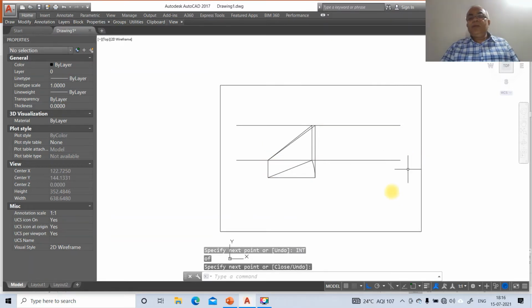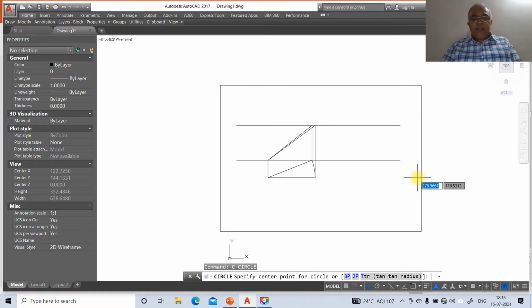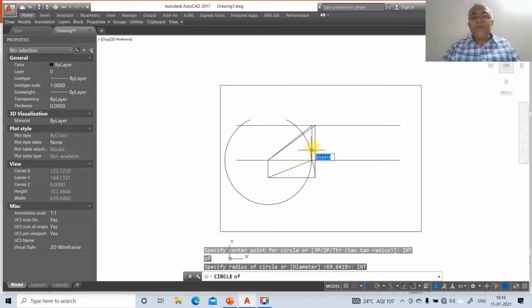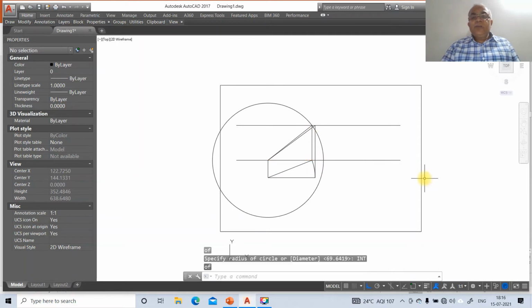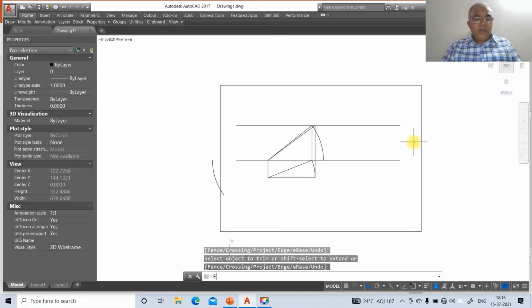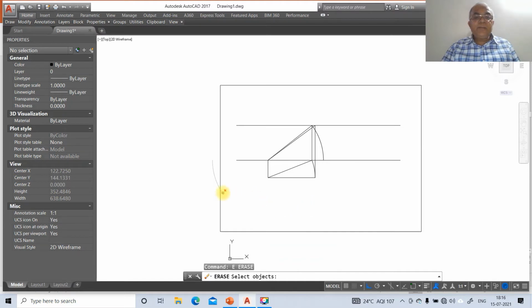Now we need to find out the true length in the top view. So to do that, take the front view, take circle, intersection of this, and take int, which is the front view here, that is this line. So now we got this, then go to trim, select between this arc, this line and this line, so trim, select between this line, and object to trim is this, and object to trim is this. Then go to erase this line. So now we got the line int of this, and you take intersection point of this. So we have this line.